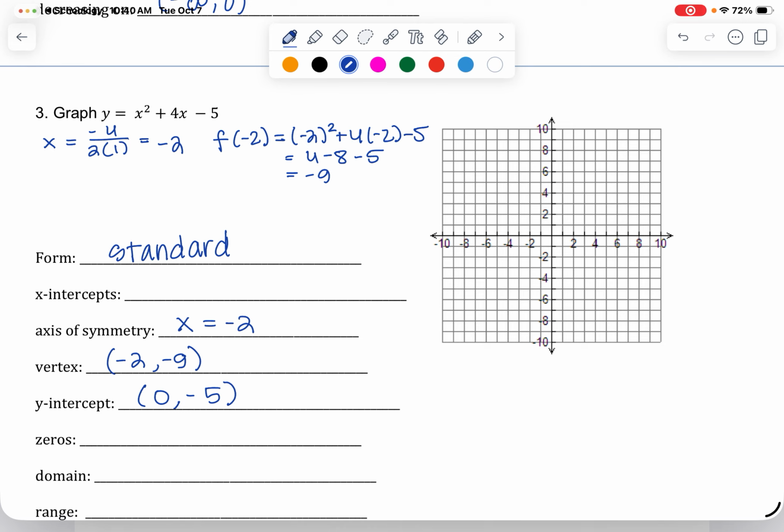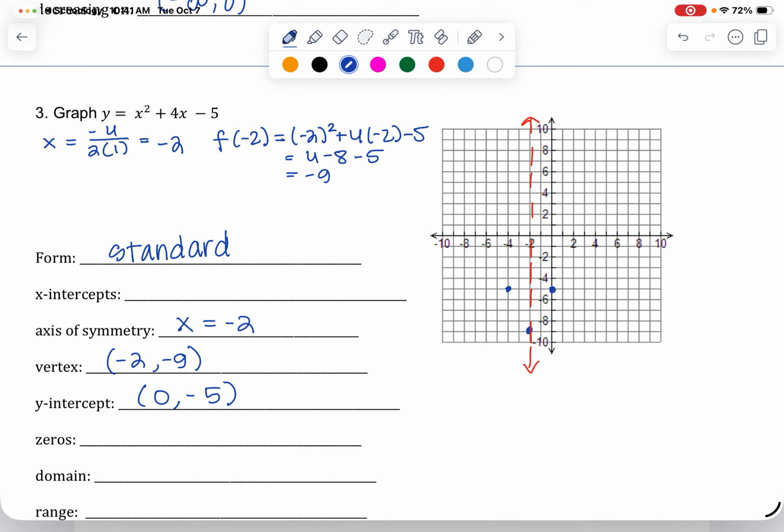I'm going to graph what I have so far. -2, -9, right there. My axis of symmetry is going through that, so I'm going to put a dashed line going through that. My y-intercept is 0, -5. Also, since the graph is symmetric, I know that I have a point on the opposite side of the axis of symmetry in the same spot, so right here. So I also know I have a point at -4, -5,